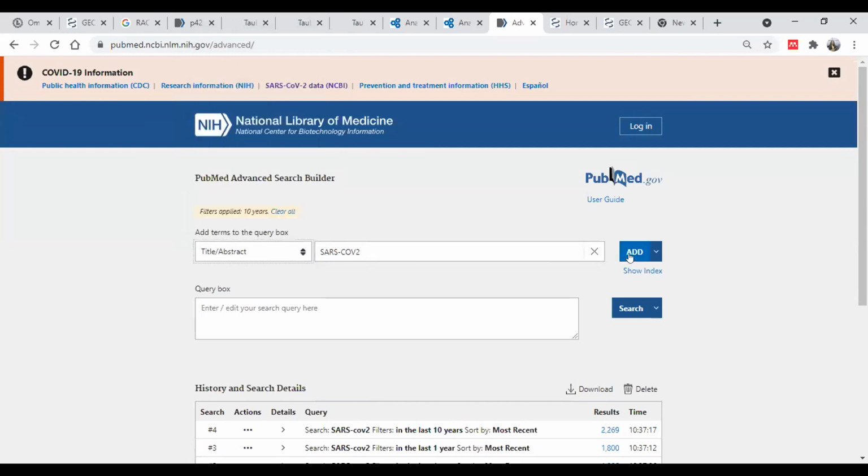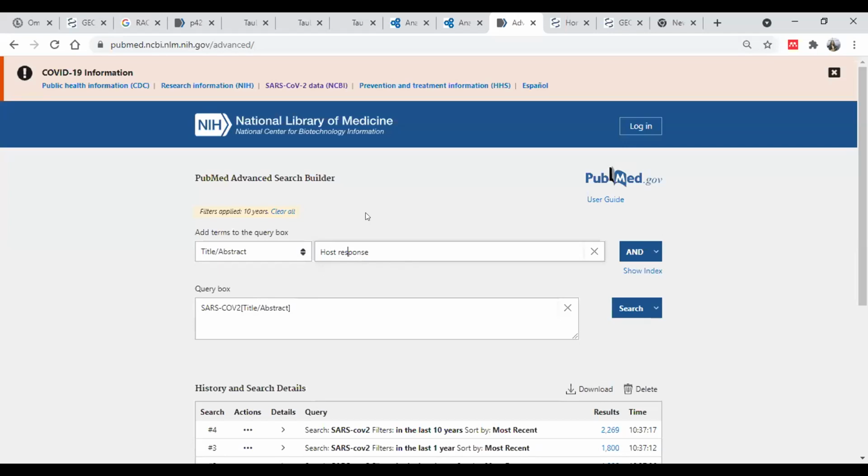So then if I have more than one query, I just want to create my specific query. For example, I am also interested to study host response. Right, so we want to understand what is host response in relation to SARS-CoV-2.